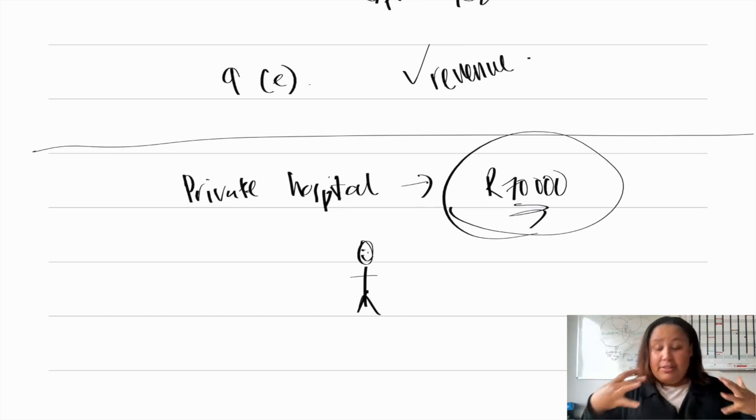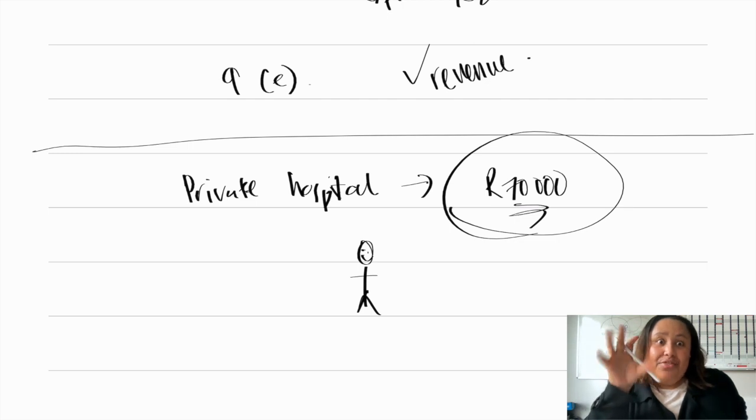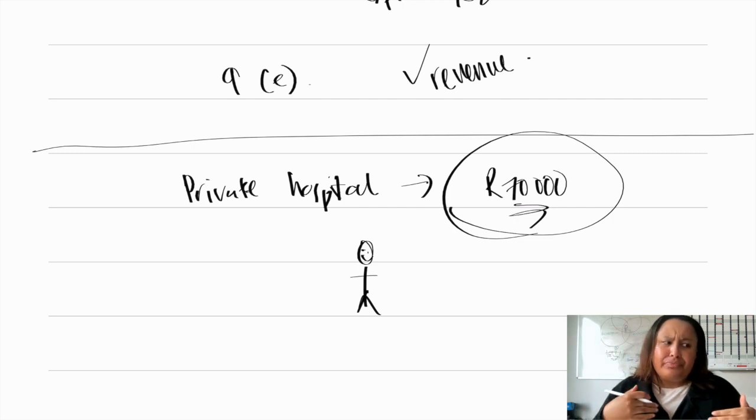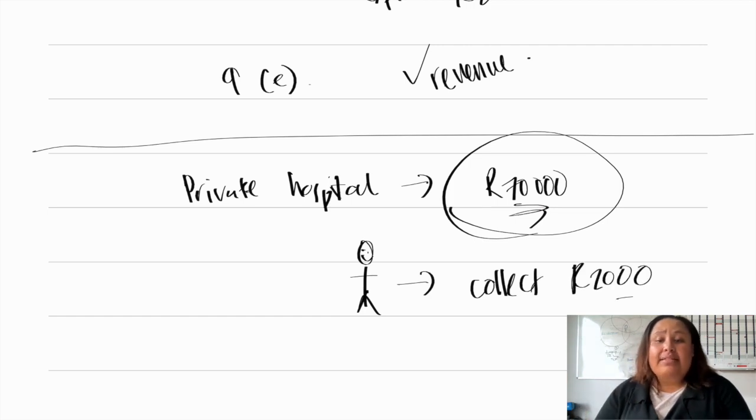So let's say they put this patient in a customer class, just make up a class E, I don't know, and then the customers in that class, right, the hospital would have historic information about how well they are able to collect revenue from those customers based on similar background, similar economic situation. And so let's say that the hospital then estimates that it is reasonable, okay, that they could collect 2,000 rand from this